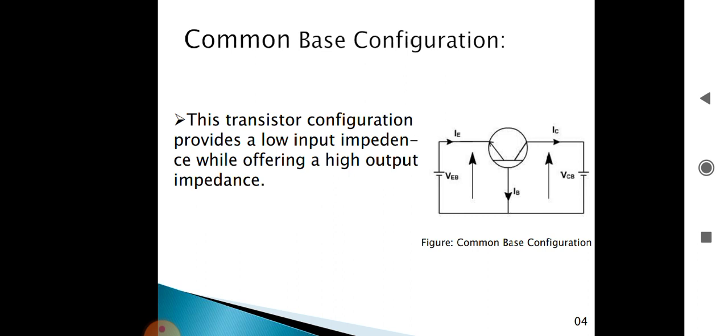The ratio of transistor output current to the input current is called the current gain of the transistor or current amplification factor. For common base, alpha is defined as the ratio of collector current IC to emitter current IE, and is usually designated by alpha, alpha DC and HFB. So mathematically alpha is equal to IC upon IE. This is the relation between input current and output current in common base configuration.